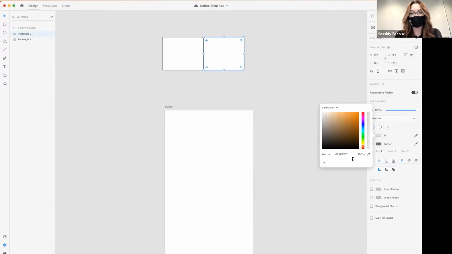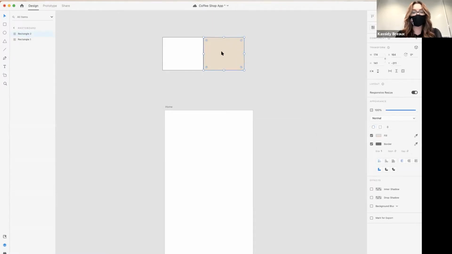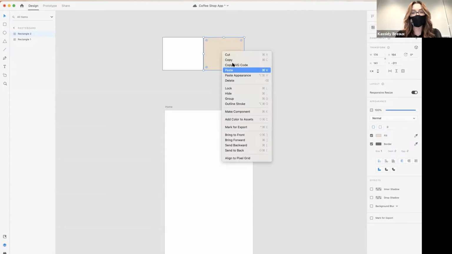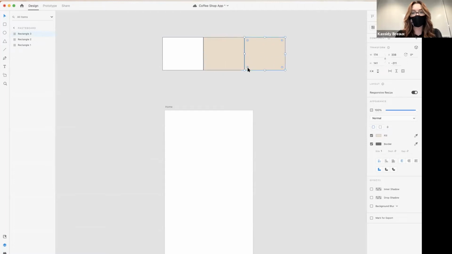EADCCC is going to be our first color. And it's this light tan color. It's going to be the background color of our app. Now I'm going to go ahead and copy and paste. Again, we're going to do this a couple more times. So our next color,